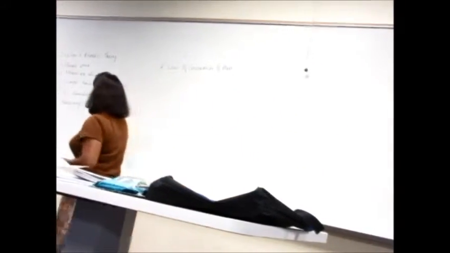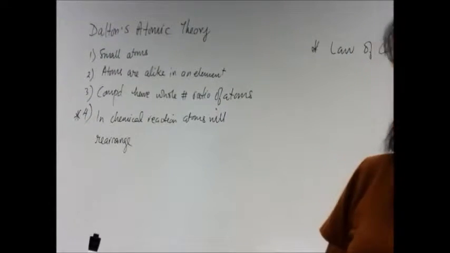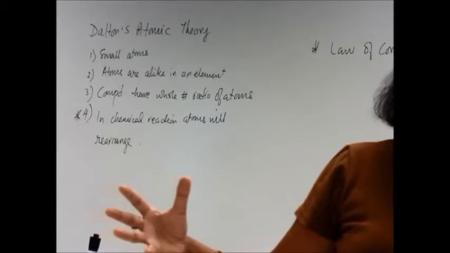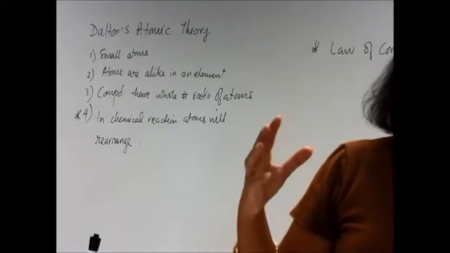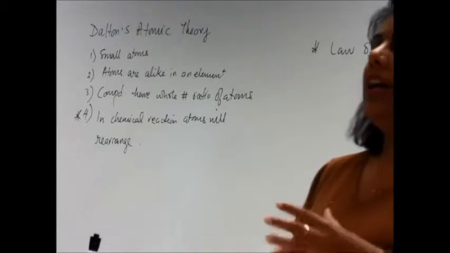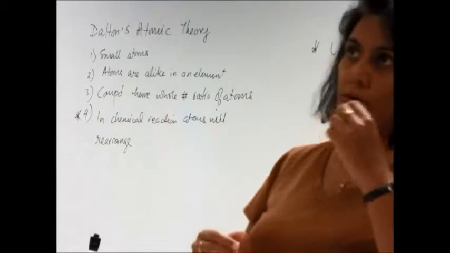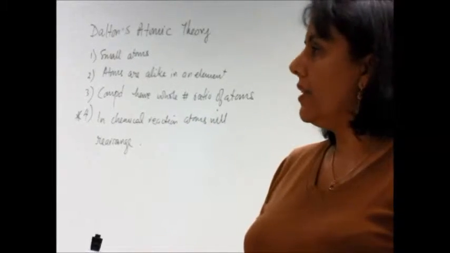So this goes with law number 4, where he says that things are rearranged in chemical reactions. And by the way, once the universe was created, that's it. We're done now. The only thing that can happen in the universe right now is rearrangement of things, expansion, contraction, black holes, no black holes, whatever it is, that kind of thing can happen.